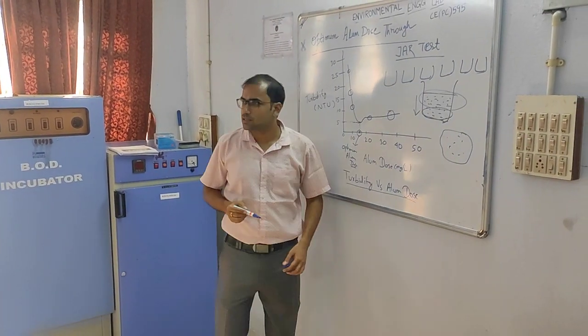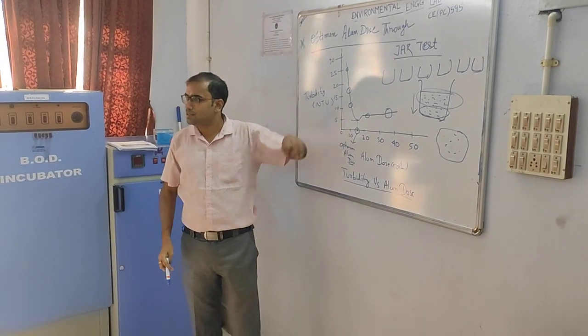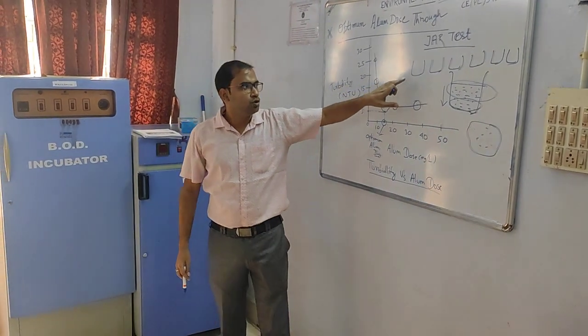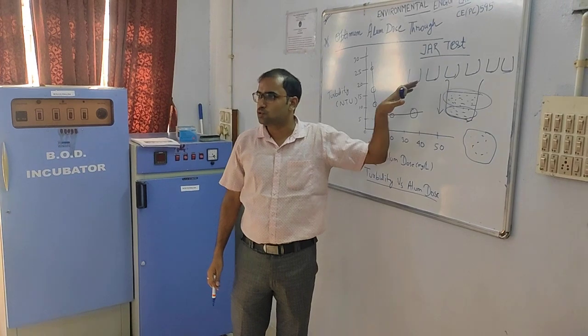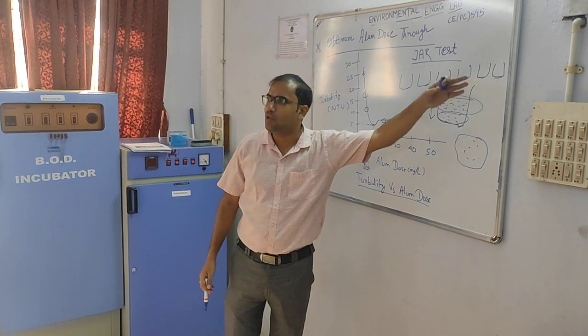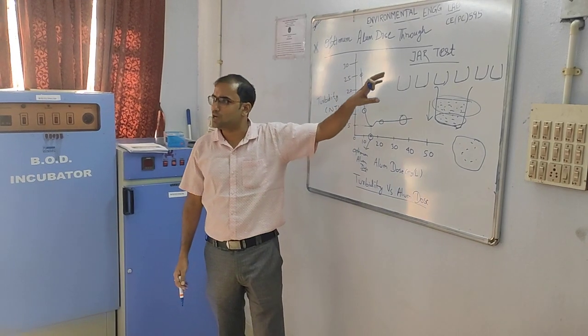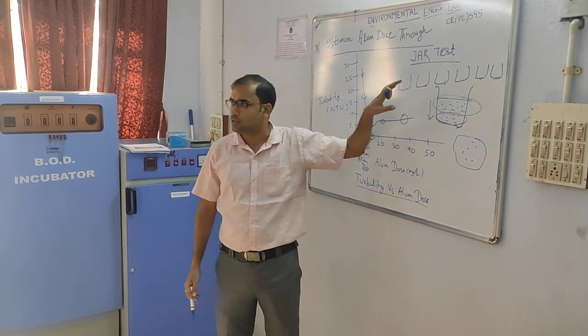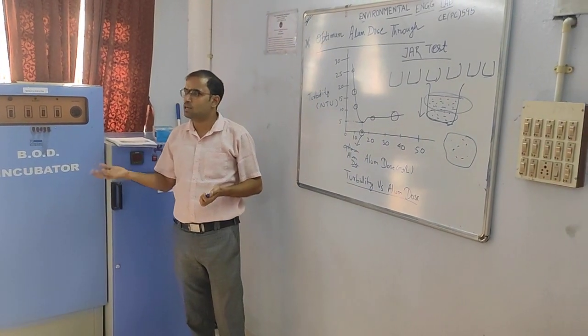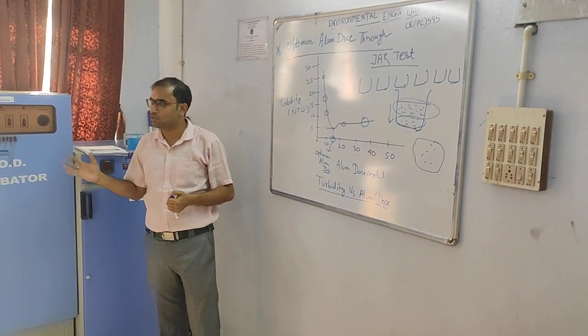In the 6 jars, there are 6 paddles. These paddles are inserted there, and initially you apply different alum dosages: 2 mg, 3 mg, 4 mg, 6, 10, 12, 14. Different alum dosages are being applied in those jars. The water quantities in these jars are around 500 ml to 1 liter, based on the capacity of the